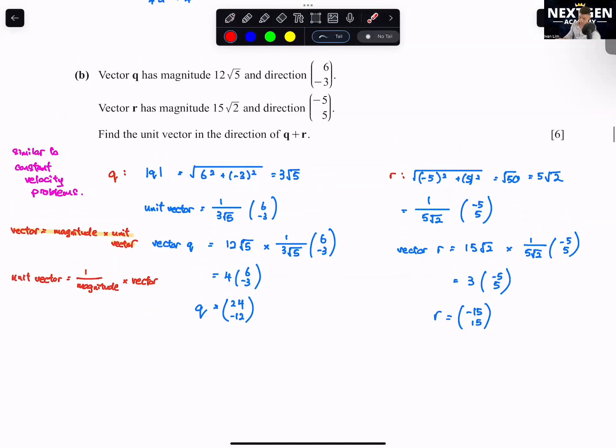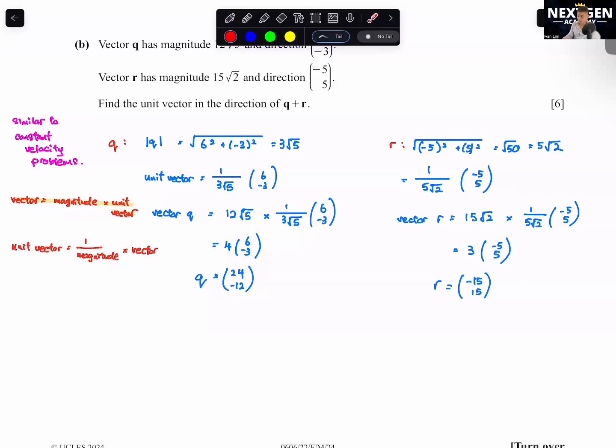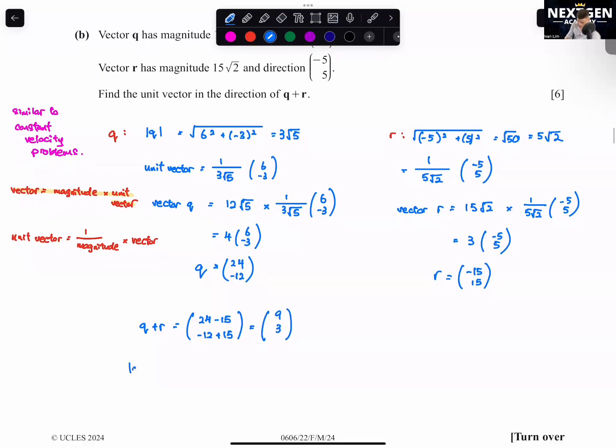Now that we have the individual vectors ready, we're going to add them up. Q plus R first. So Q plus R is 24 minus 15, minus 12 plus 15, which equals 9, 3. We find the magnitude of Q plus R. So we get square root of 9 squared plus 3 squared. This one we can write as root 90, which is 3 root 10. Therefore, the final one, the unit vector